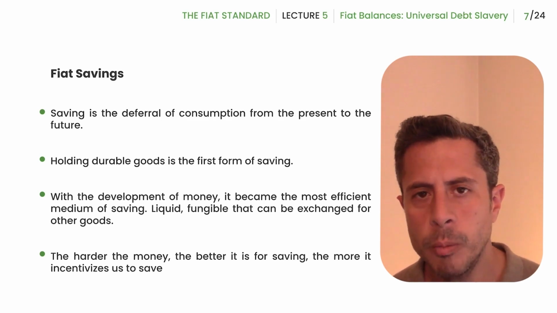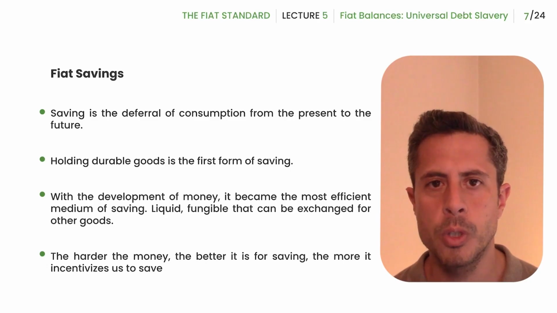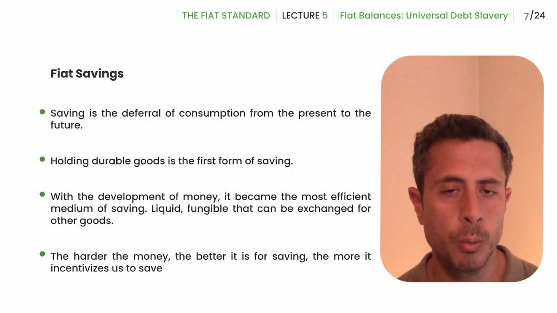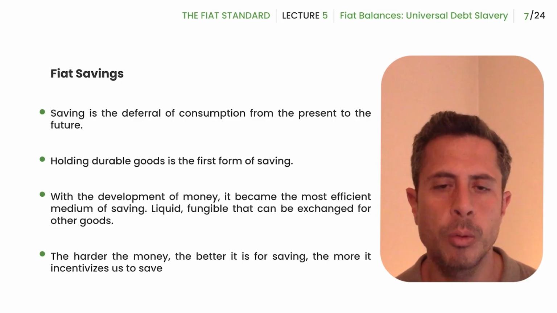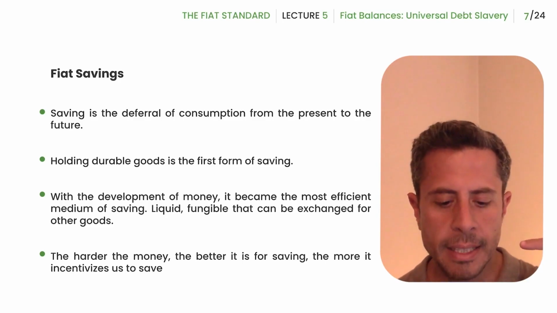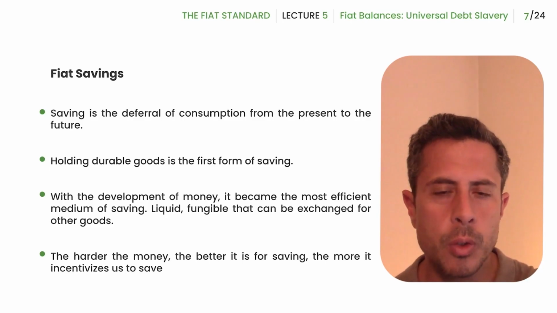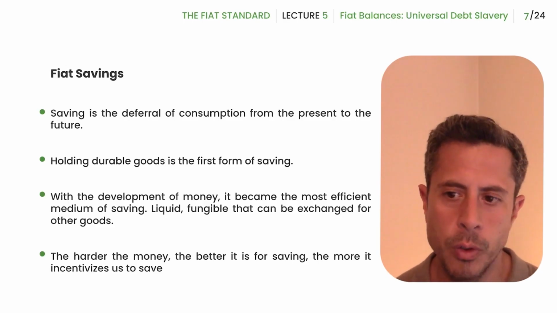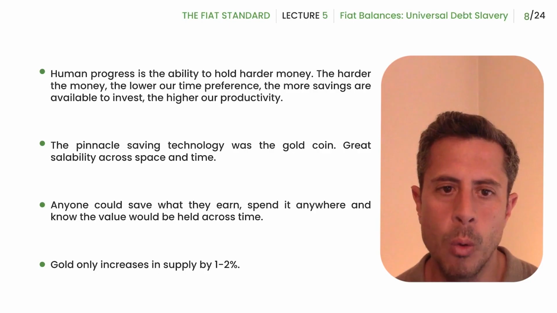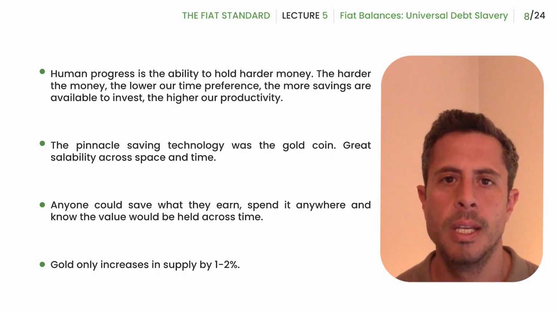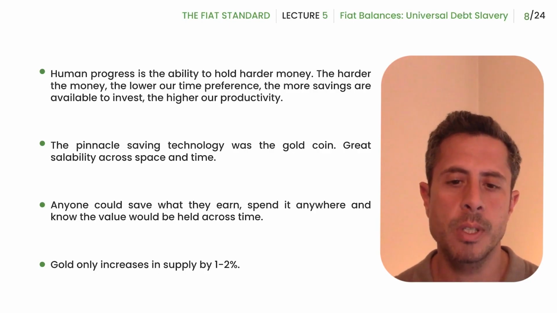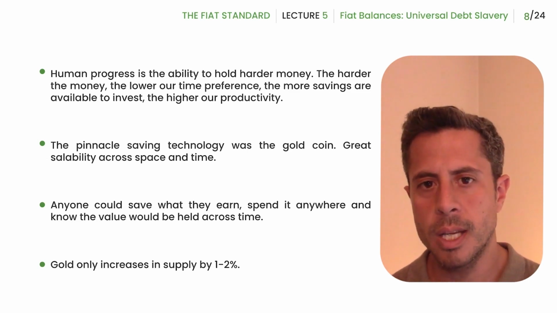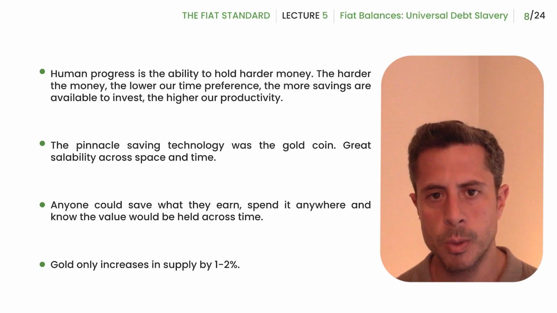So with the development of money, we really supercharged our ability to save and provide for the future from a world with no money. And so that increased our ability to provide for the future. And it increased our ability to think of the future and reduced our discounting of the future. In other words, it lowers our time preference. And that's why, I think time preference is a very important concept, and I talk about it extensively in The Bitcoin Standard and in The Fiat Standard and in my next book, the Principles of Economics textbook.